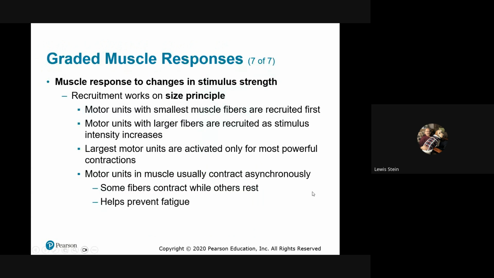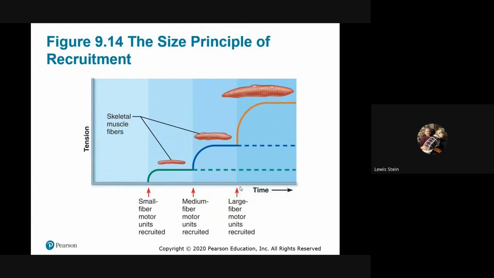So, and then other things that are involved with the size. Okay, smallest muscle fibers first, larger as it increases, largest only for the most powerful. So, and the idea of this, there is the asynchronous nature, the way your body does it. Others rest while others contract. So we're able to sustain physical activity, whatever the physical activity, whether it's athletic in competitive sport or just everyday activities. And you can do them because you'll be using different units at different times that are there. And they're just showing you how, small as, you get that.